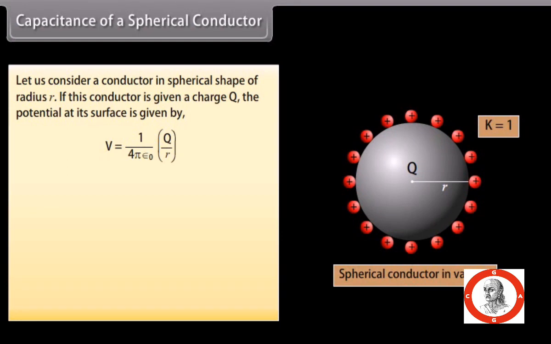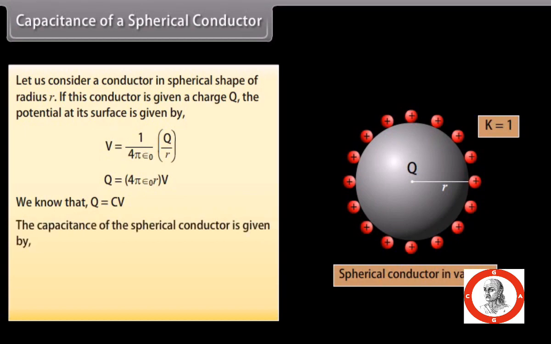It can be written as Q is equal to the product of 4 pi epsilon not r and V. We know that Q is equal to CV. On comparing the above equations, the capacitance of the spherical conductor is given by C is equal to 4 pi epsilon